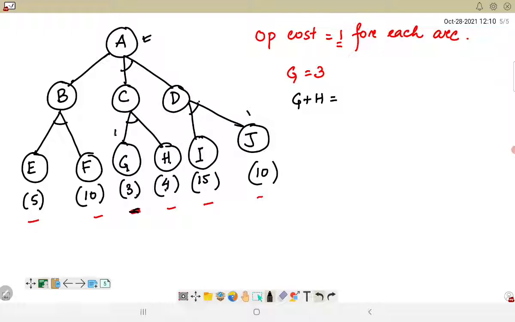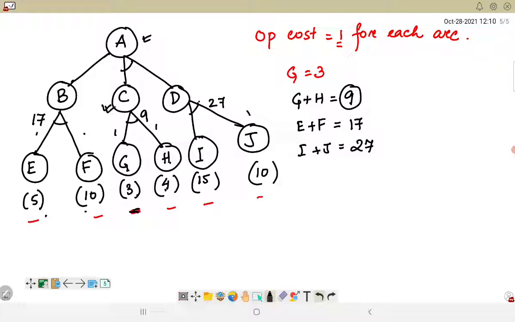3 plus 4 plus 1 plus 1, which is 9, right? So 9. And if I am considering the other AND arcs also, 5 plus 10 plus 1 plus 1. So if I am considering E plus F, it is equal to 15, 16, 17, right? 17. And if I am considering I plus J, which is another AND arc at the same level, I am getting 25, then 26 and 27 respectively. So I am getting the value as 9, here as 27, and here as 17. So out of all this also, through C,